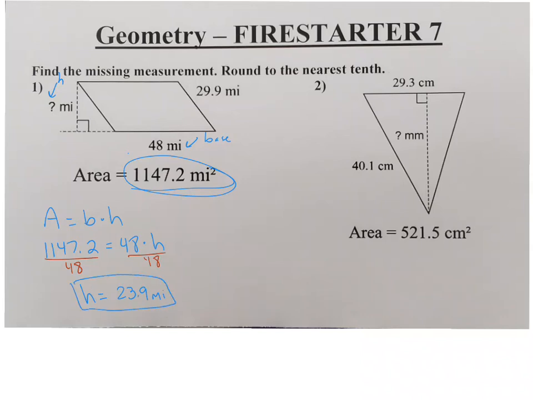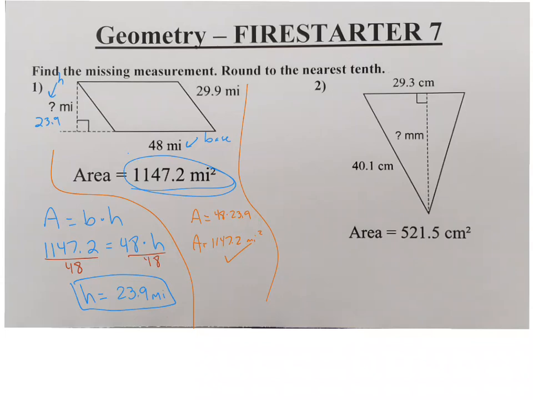And just to double check that, I'm going to plug 23.9 in right here and do it all over again. So I'm going to say 23.9 times 48. If I didn't know any of this, if I had to check my work, I would do 48 times 23.9. If this is right, it should turn into 1,147.2. So I do 23.9 times 48, and it turns into 1,147.2 square miles. That's my check step. So that's it. Pretty simple. That's all we're doing for Firestarter